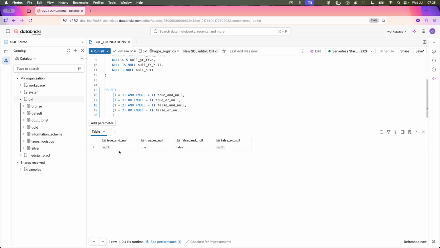It might skew your logic. You understand? Now you can see that true or null is still true, right? Now, false and null is false. Now, false or null is null. So always